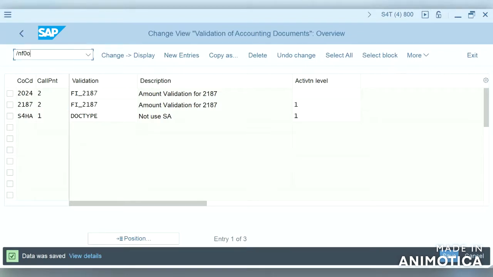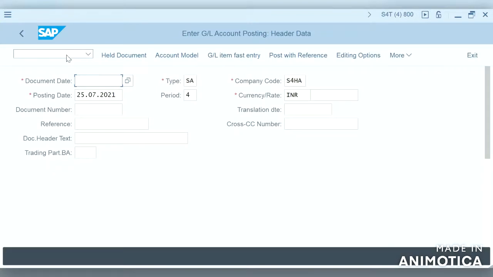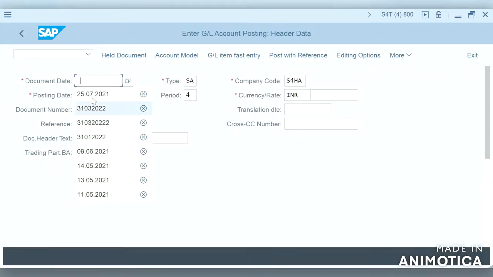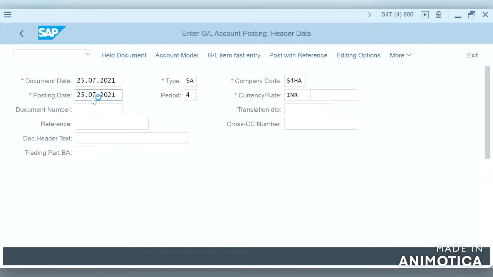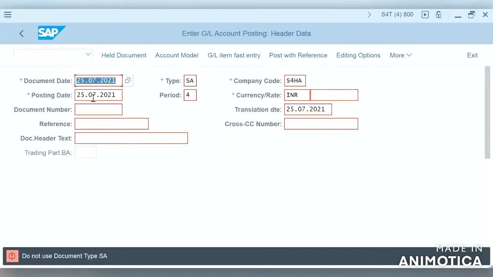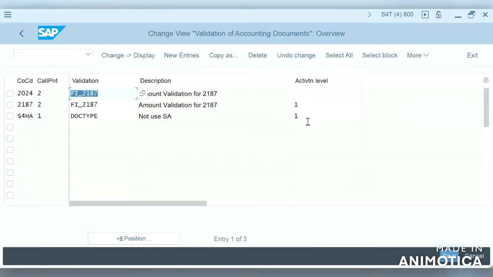So that's it. Now if we check /n f-02, it should trigger the error: do not use document type SA. Now let us try deactivating the validation message and see how it behaves.